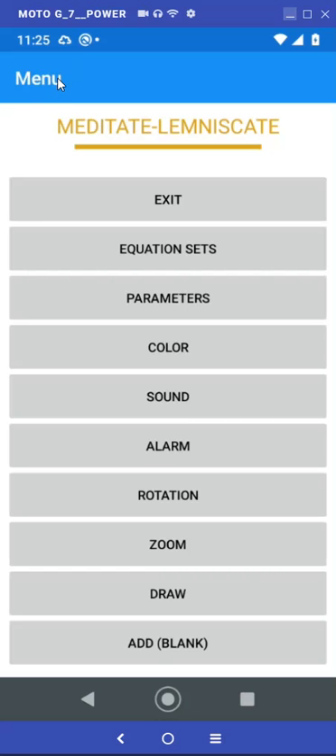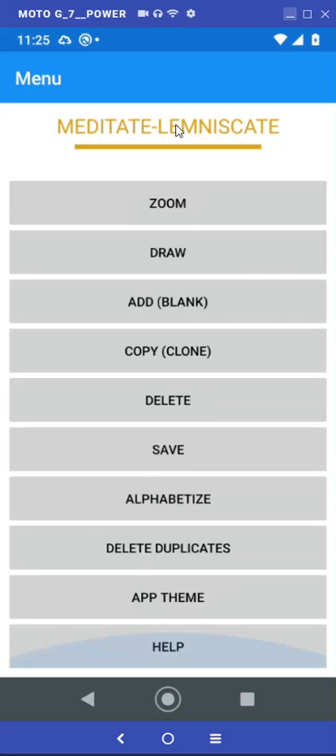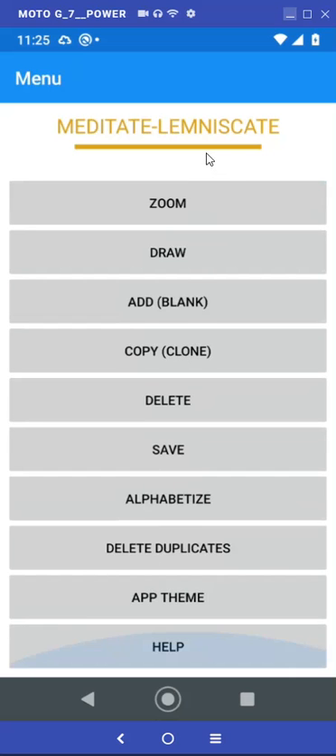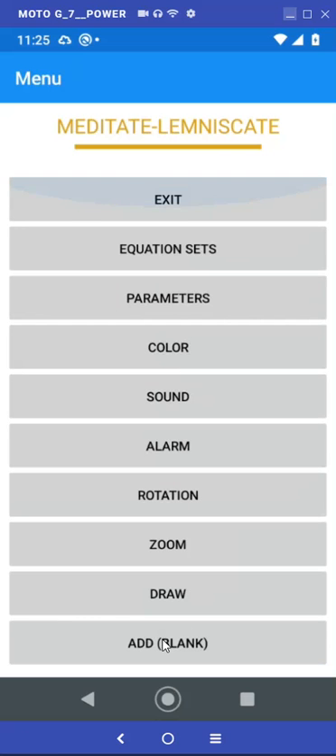Now, just to get something on the screen real quickly, like I said, go down to the draw button, and if you don't see the draw button, realize that this menu on the screen is a scrollable list of buttons. So click on the draw button,